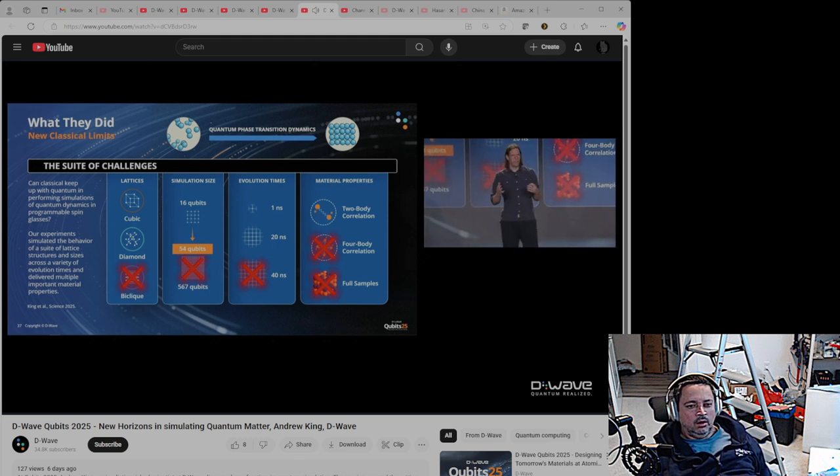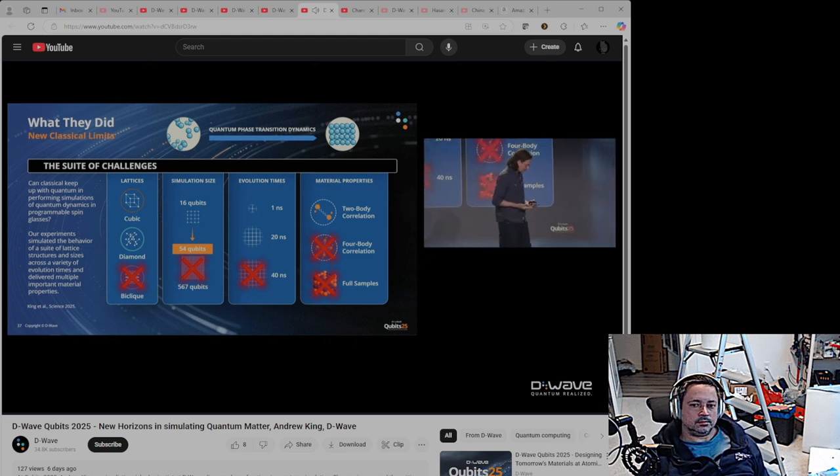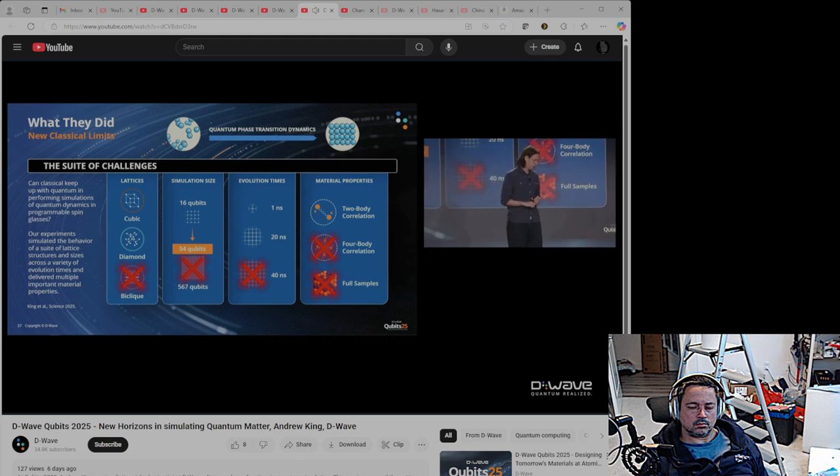And this is great, but the only bad thing about it is how it's misinterpreted in the public discourse. So I feel like I should point out what they didn't do, which is simulate the biclique lattice, because their methods don't apply. They demonstrated up to 54 qubits, although in principle they should be able to go larger. And they went up to 40 nanoseconds, and they only did one of the two types of spin glasses that we studied. And they only did 2-body correlations, so they didn't do higher cumulants or full samples. So there's no suggestion there from the authors, although other people have suggested it, that our results have been overturned. I just wanted to clear that up.